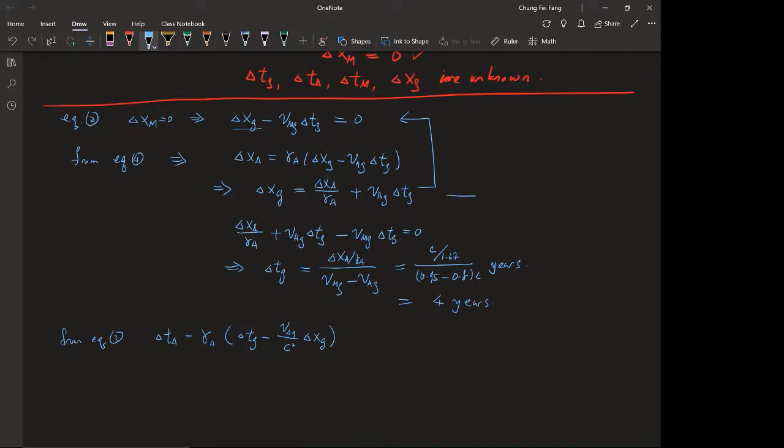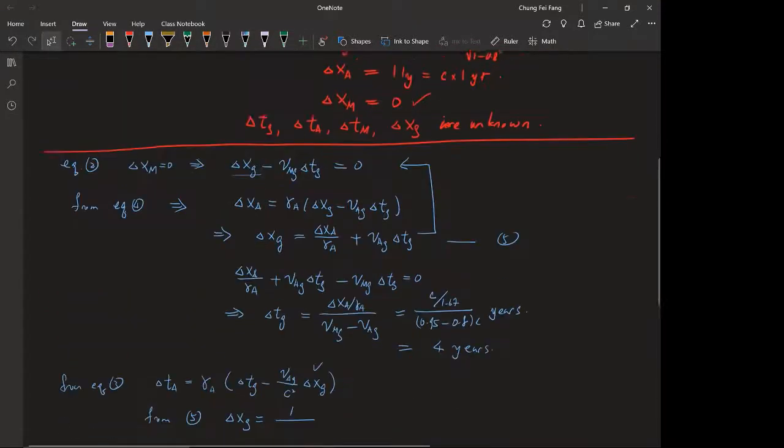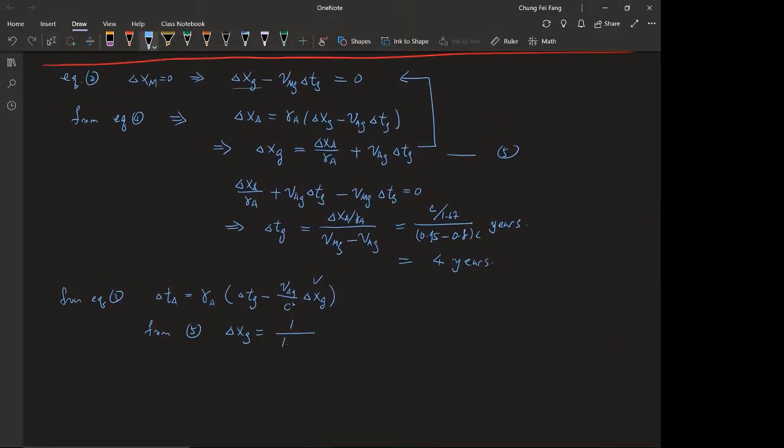I call this phi because I need delta xg. So from phi, I know that delta xg is equal to gamma a, which is 1.67, times delta xa, which is 1 light year,